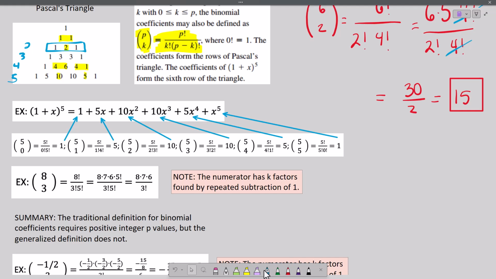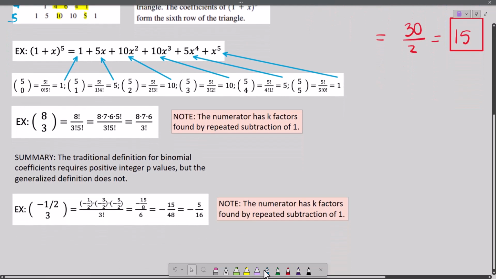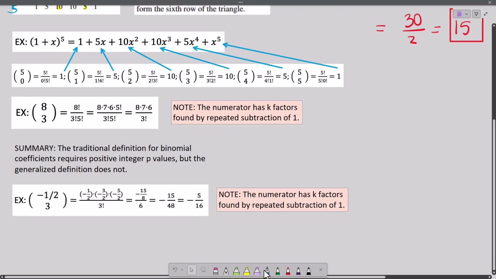Lined up fine. So that's another way to find those coefficients that are in Pascal's triangle. So if you use Pascal's triangle, you can just do this cool kind of trick where you're just adding the two numbers above. But in general, those coefficients are found with these binomial coefficients. Okay? So another example here, 8 choose 3, you just pull the 8, pull the 3, take the difference, factorial